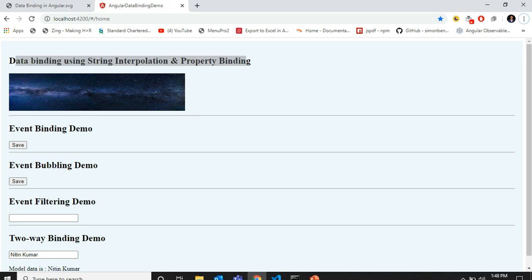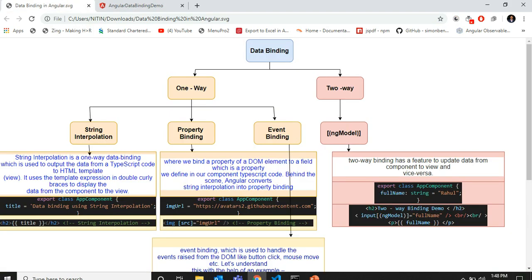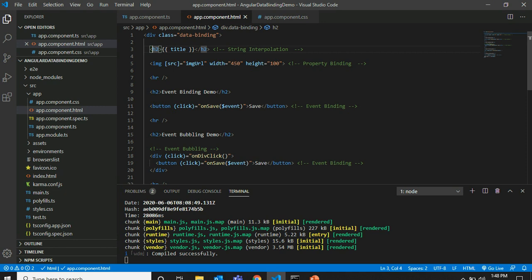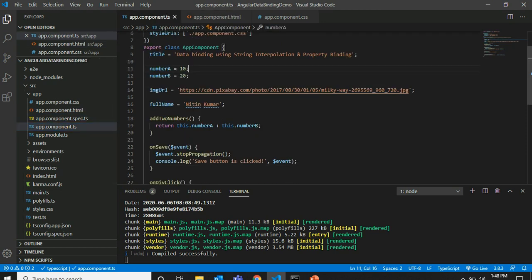Now move to the second type of binding, that is property binding. In property binding we use square brackets. In the TypeScript code we have declared an image URL and provided the path of a particular image.